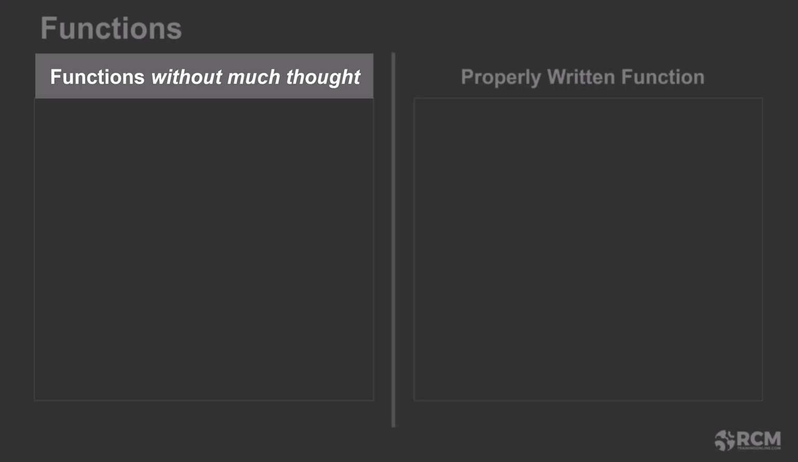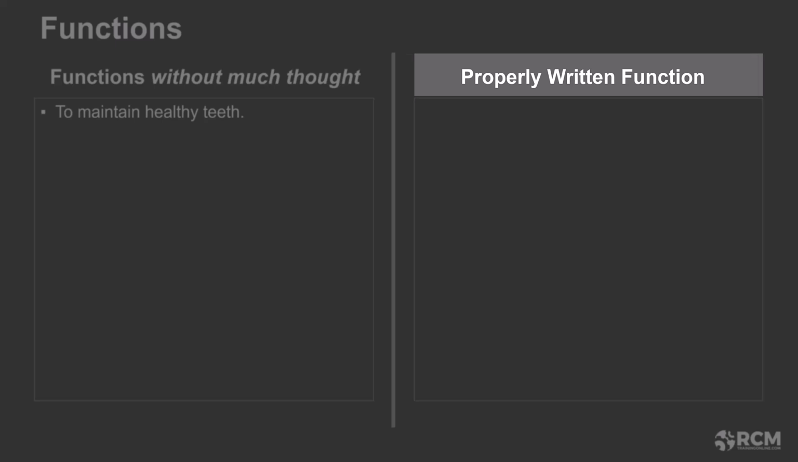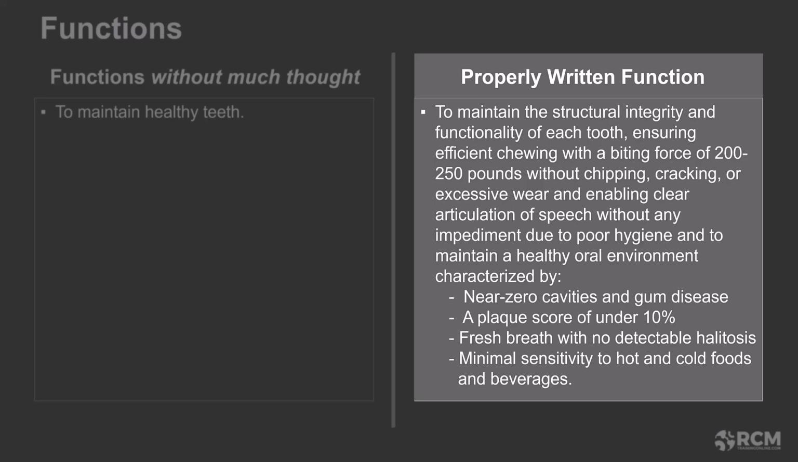Oftentimes, functions are written without much thought. Here's an example of that for our case study: to maintain healthy teeth. That doesn't really say too much, and it certainly doesn't define the kind of reliability that Johnny Chomper wants from his teeth. A properly written primary function would be this: to maintain the structural integrity and functionality of each tooth,